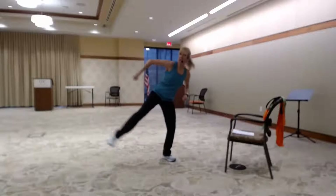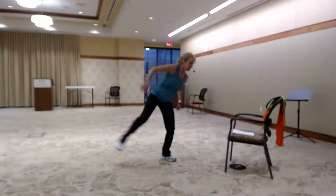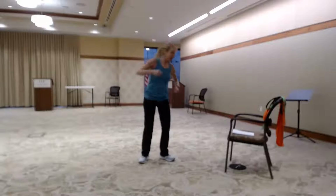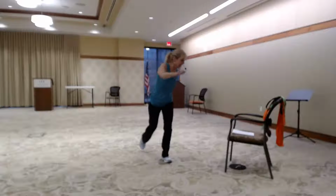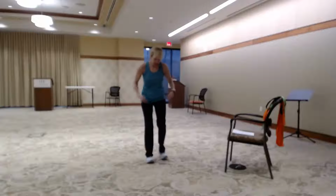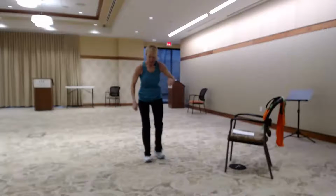Ooh, legs are getting a little tired here. 4 more. 1, 2, 3, 4. Backward kick. Let's do, so your arm, it's the same side arm, but your arm is opposite your forward